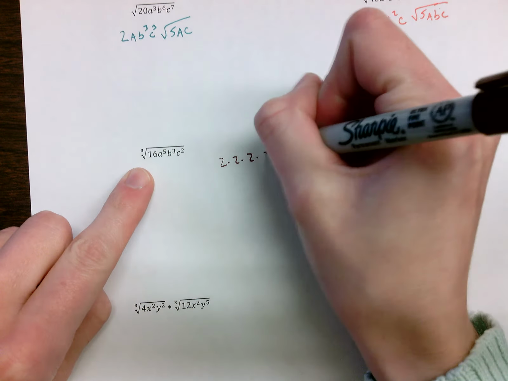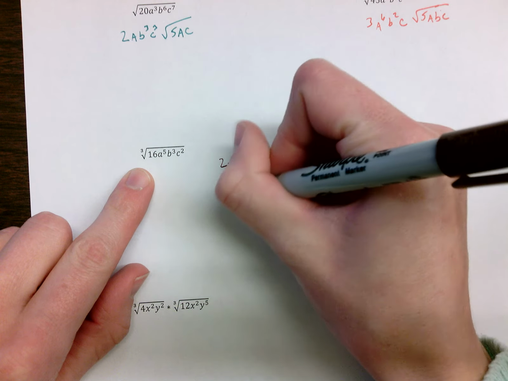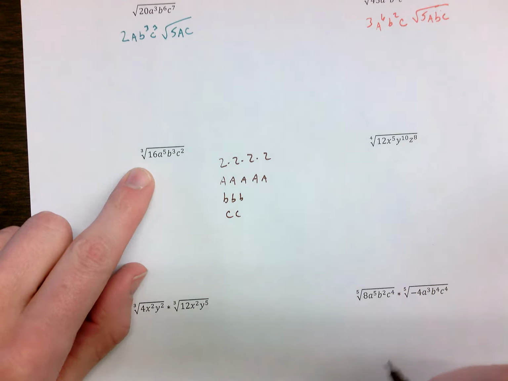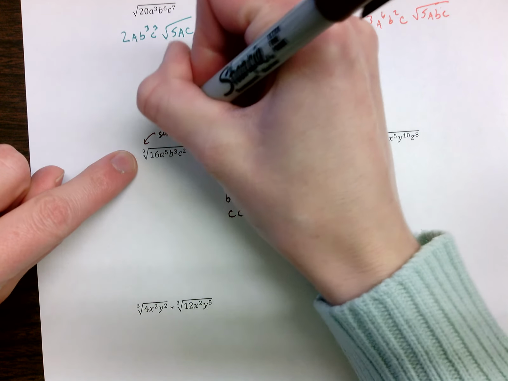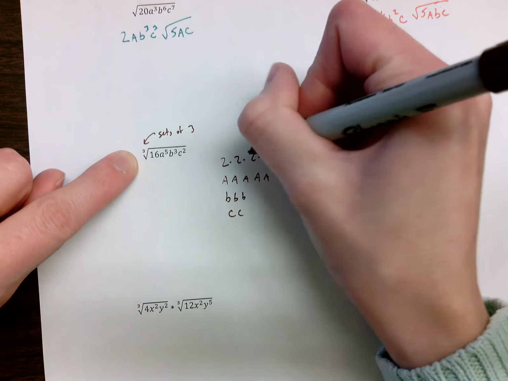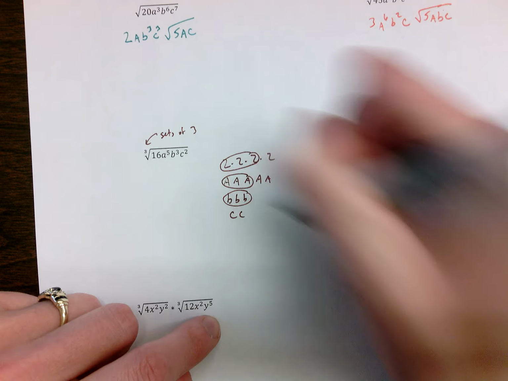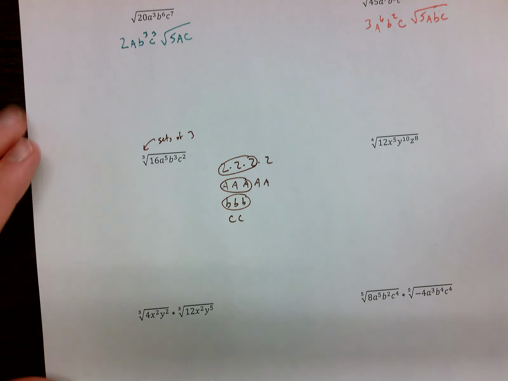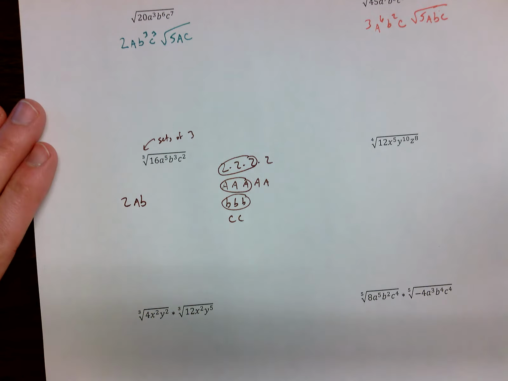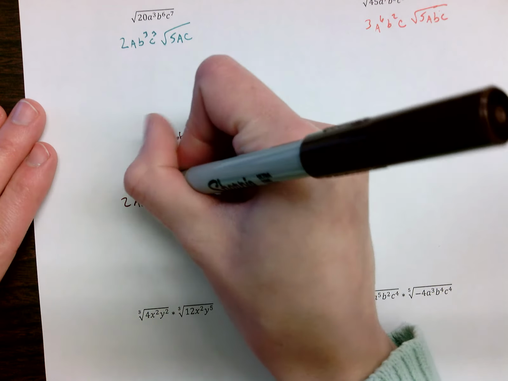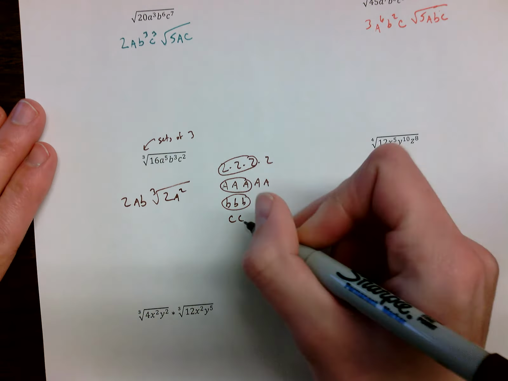16 is 4 2's multiplied together. Then I've got 5 A's, and then I've got 3 B's and 2 C's. And I'm looking for this time sets of 3. So here's a set of 3. There's a set of 3. There's a set of 3, and that's it. So on the outside, I'm going to have 2AB because that's what I had for sets. And then left over on the inside, I'm going to have 2 A's, so A squared, and 2 C's,